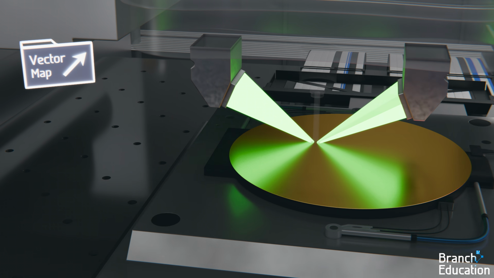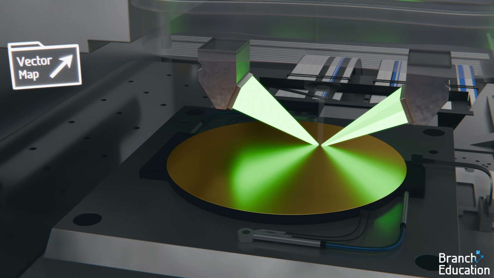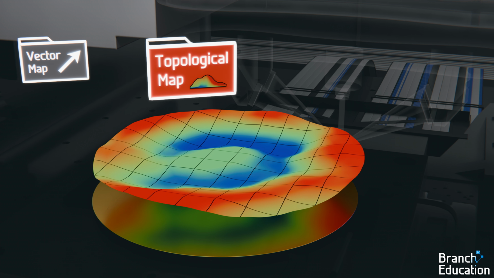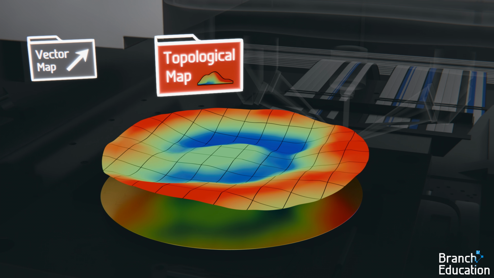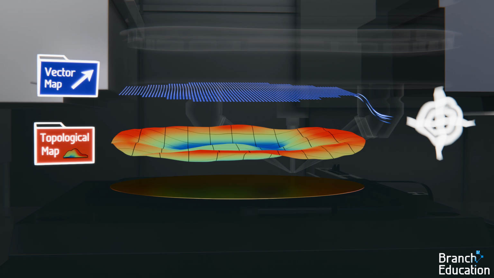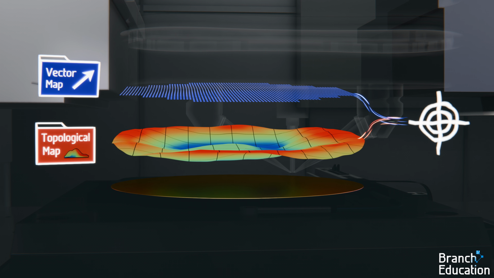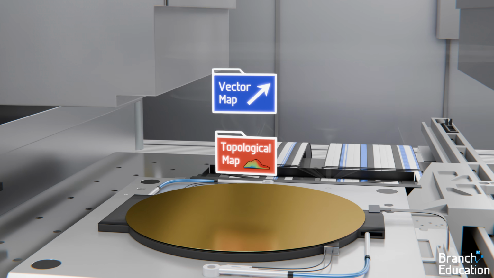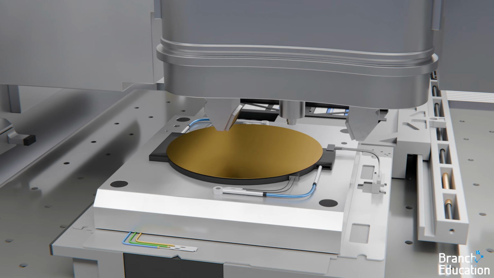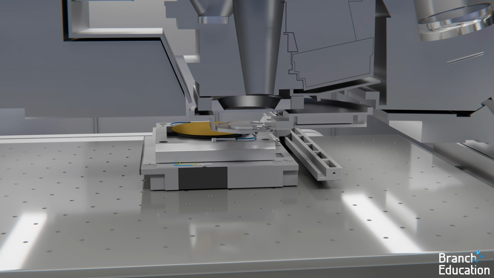Additionally, the leveling sensor uses grazing incident light to measure the exact height of the wafer, and builds a topological map of the wafer, which is critical for later bringing the wafer stage to the position such that the EUV light is perfectly focused onto the wafer. Now that we've measured and built the exact alignment and height map for the wafer, the stage next moves to the